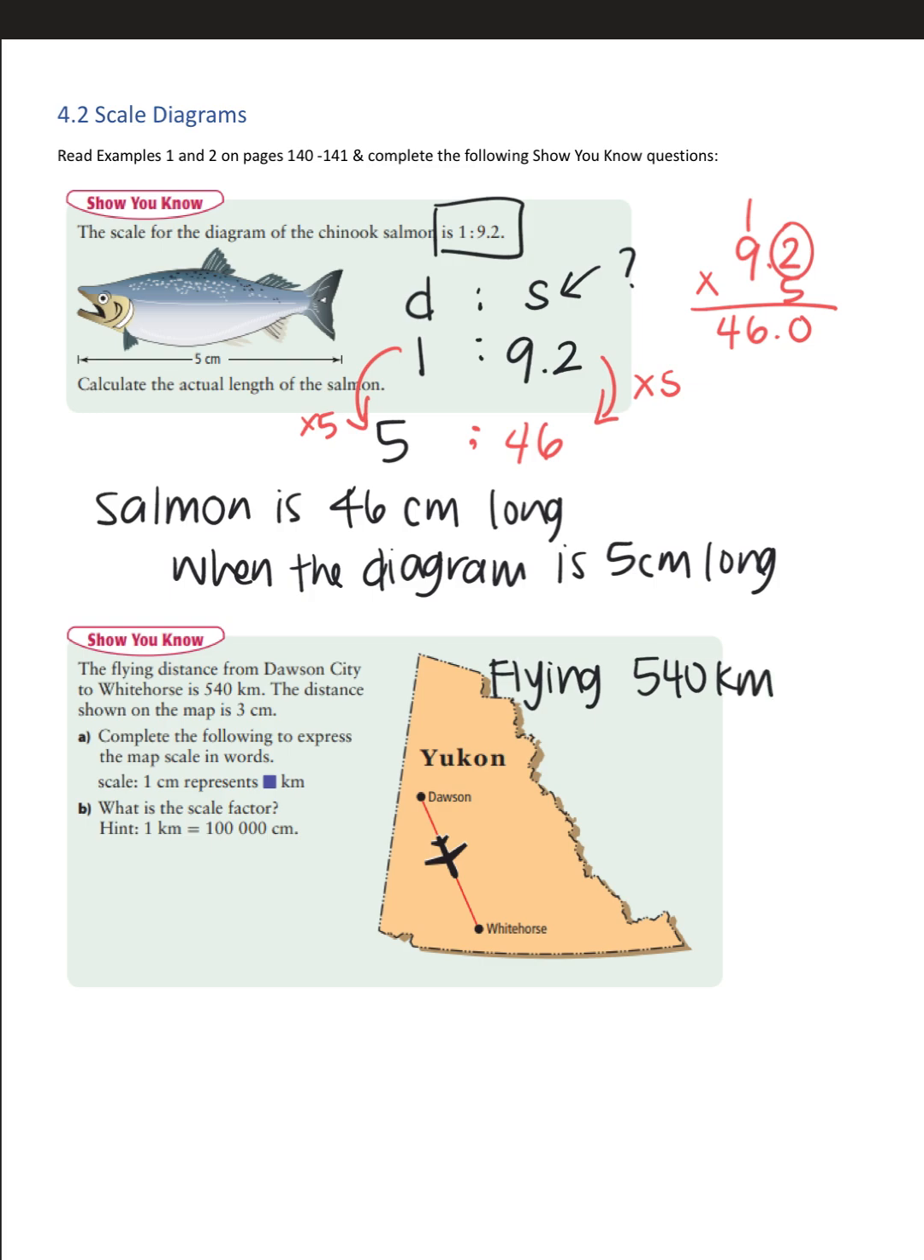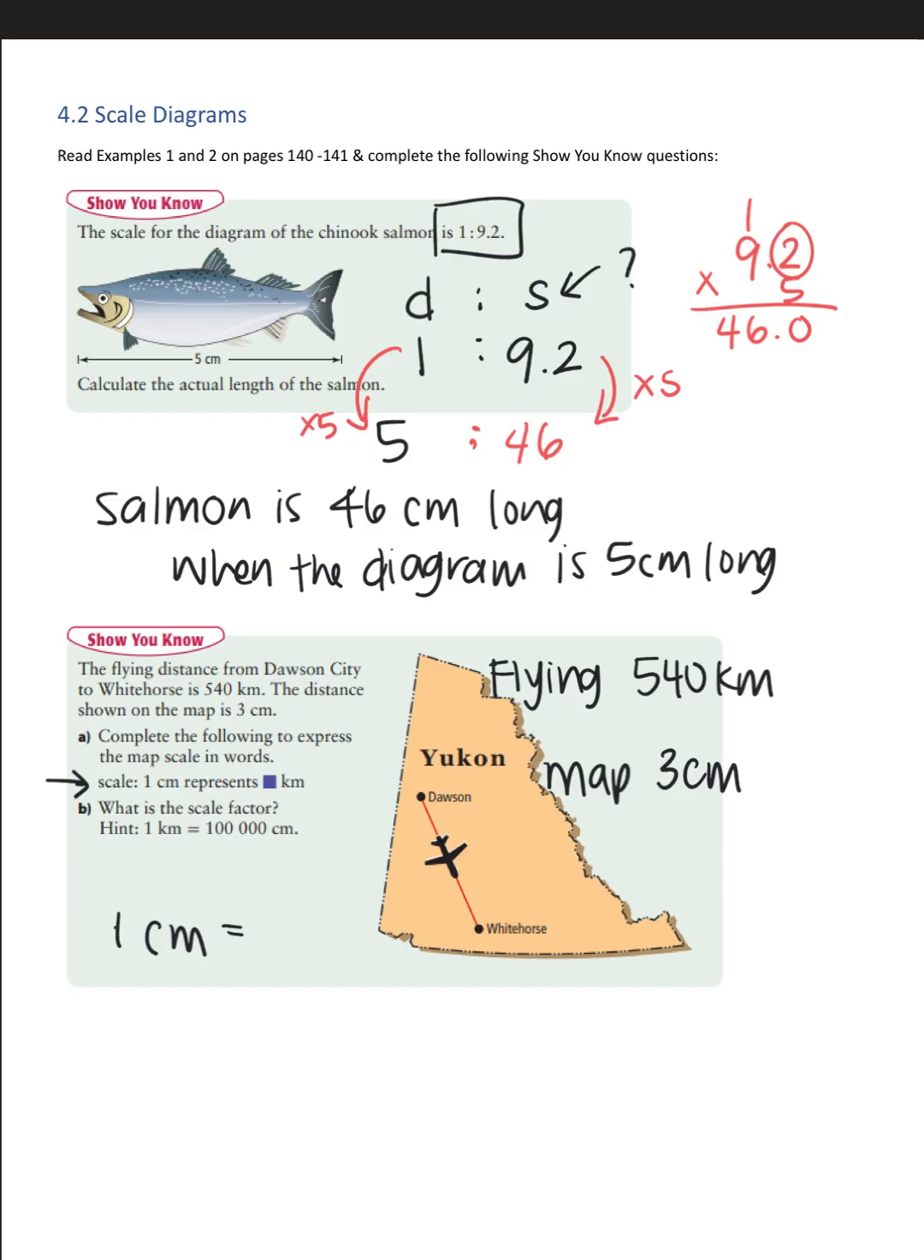We know that the map distance is represented by 3 centimeters. Okay, so we know then that we're comparing the two things. We're looking at 3 centimeters to 540 kilometers. I know that in this case I want to put the centimeters first because in this part of the question, they've identified the centimeters on the left. So I'm going to go 1 centimeter